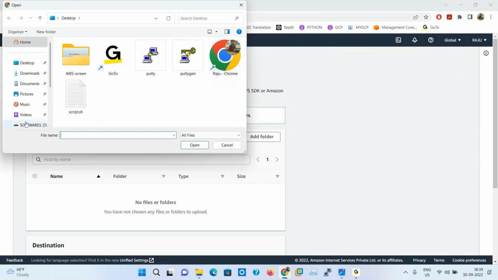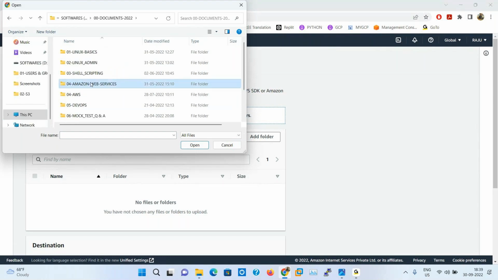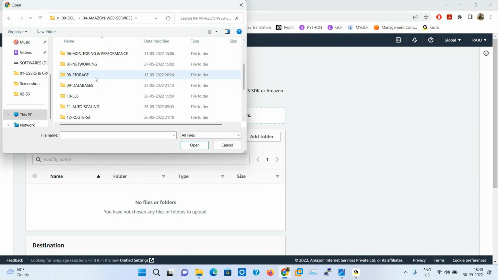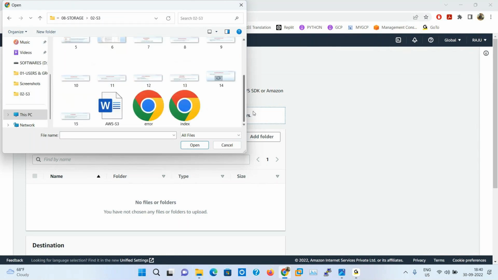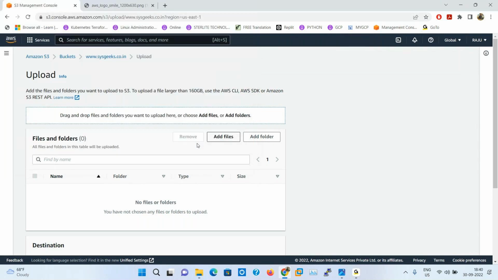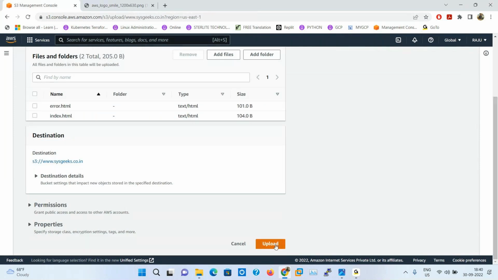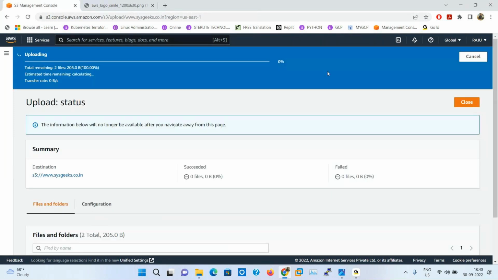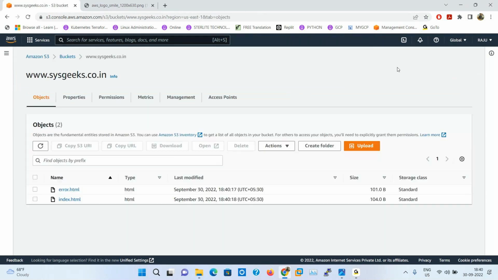The pages are under storage S3. Then here index.html, error.html. Then upload it. So now the two pages are successfully uploaded.